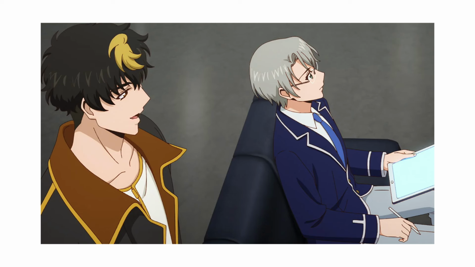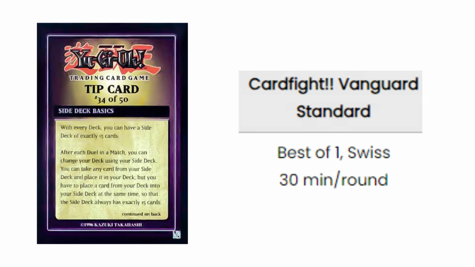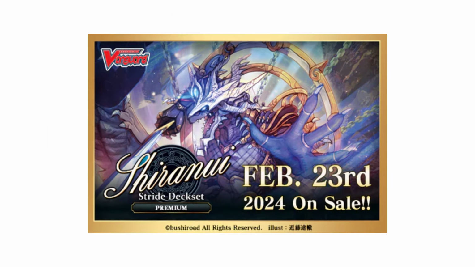So in that case, you prepare yourself for the best and worst outcomes. Since Vanguard doesn't have an option for side decking and usually official events are best of one, accounting for who you might be likely facing against is important in order to see the best results. For example, as for English moving into the new Stride deck set and a triple drive set, running meta calls